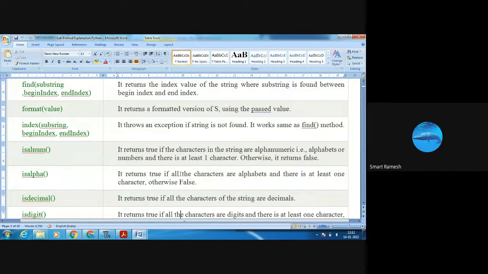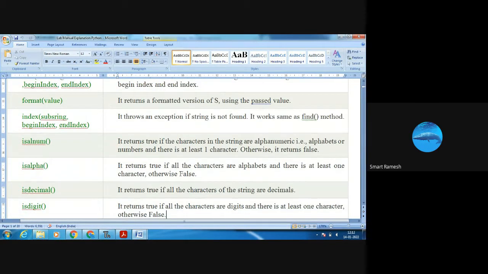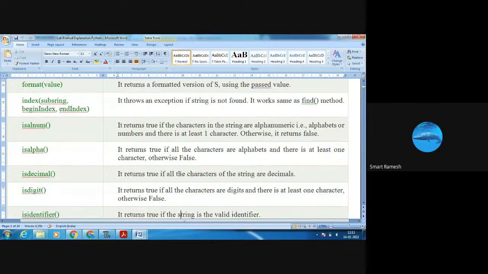It is going to check whether the given string is decimal or not. If it is decimal it returns true, otherwise false. Isdigit. It is also going to check whether all the characters in the string are digits. If all the characters are digits it returns true, otherwise false.